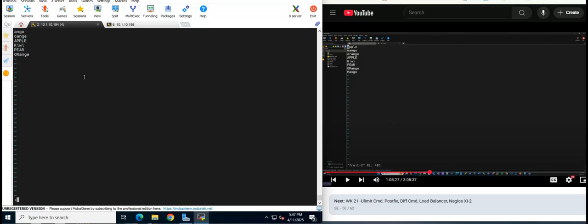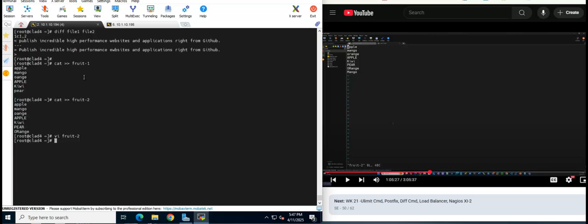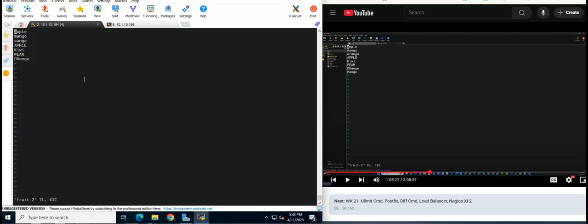Save. First two lines. Even the orange. Let me delete all that. Save it. Now I want you to see something. If I cut